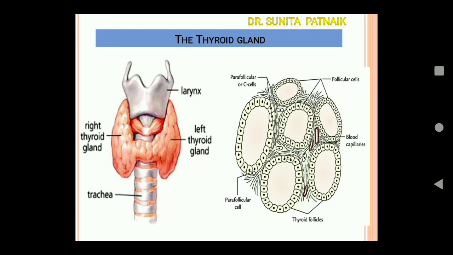So there are many thyroid follicles, which you can see on the right side of the diagram. Functionally, thyroid follicles are present. Externally, the gland is covered by a connective tissue. It's very thin, and from this connective tissue capsule arises a number of septa called the trabeculae, which divide the interior of the gland into lobules, and each lobule consists of many thyroid follicles. So I think almost 3 million thyroid follicles are present.